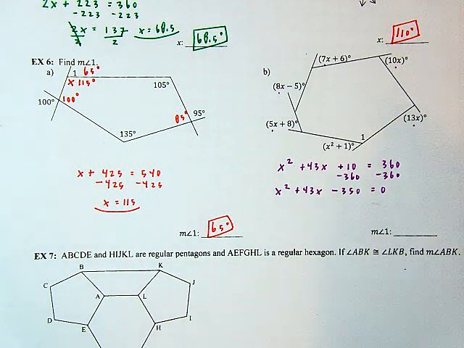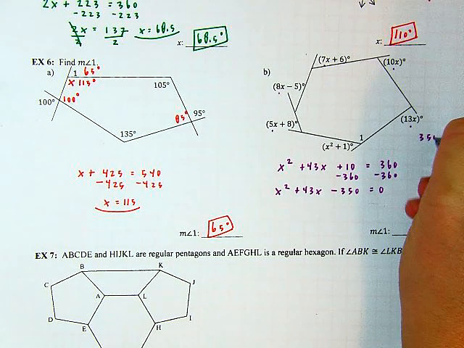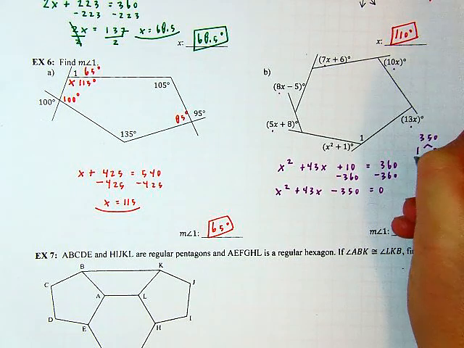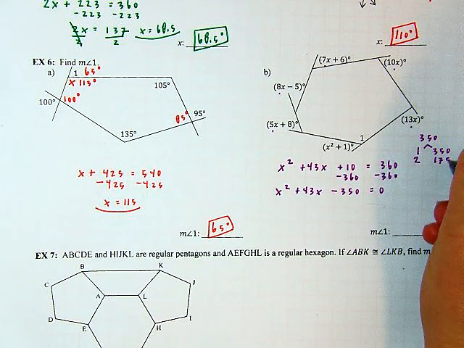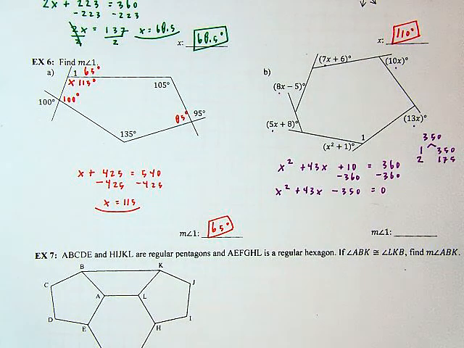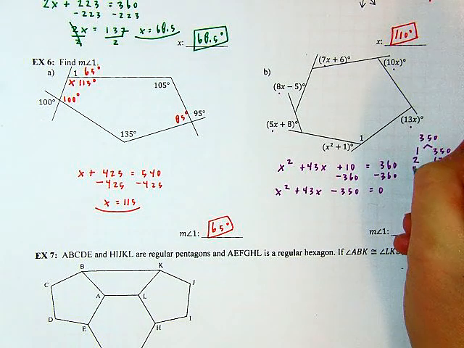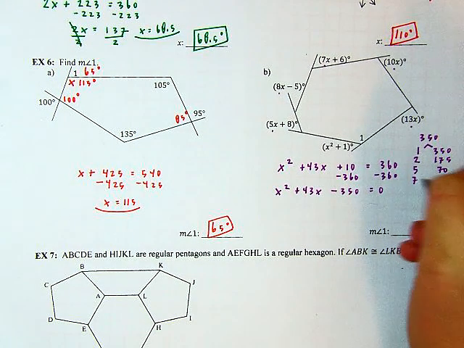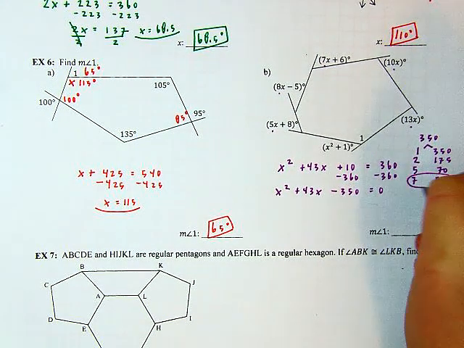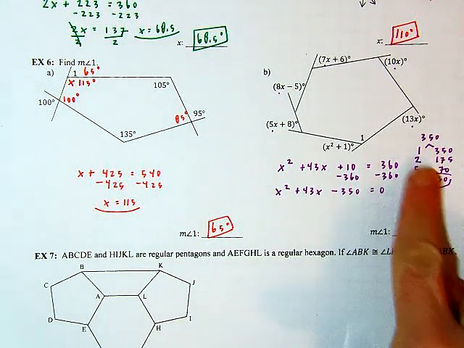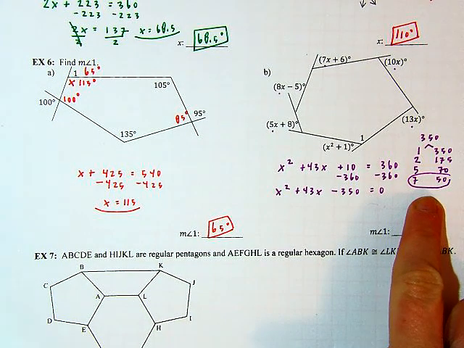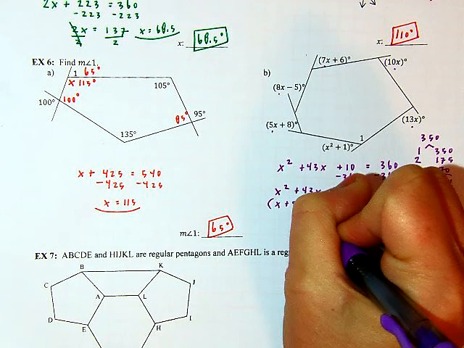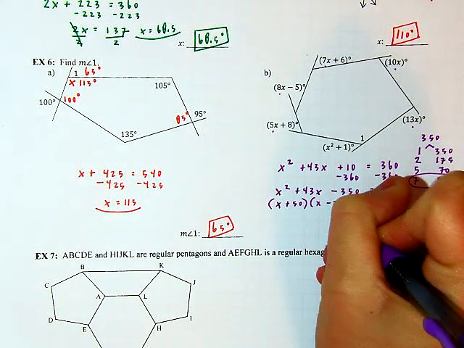And if you ever get stuck, make a list. So here's 350. Let's look at the pairs. 1 and 350, not it. 2 and 175, right? Still not it. Not divisible by 3 or 4. So if I go to 5, 5 would pair with 70. Nope, not there yet. 7 would pair with 50. And there we go. So if you follow this system for factoring, it just helps you get to the right answer quicker. So now I see that it's going to be x plus 50 and x minus 7